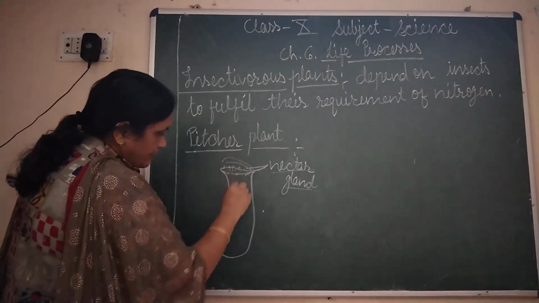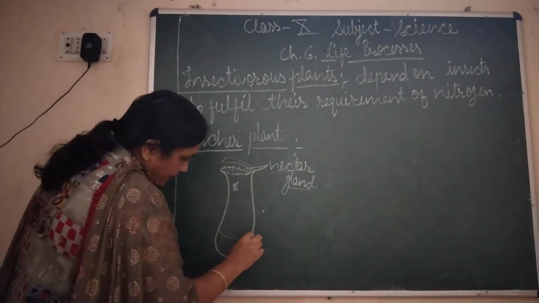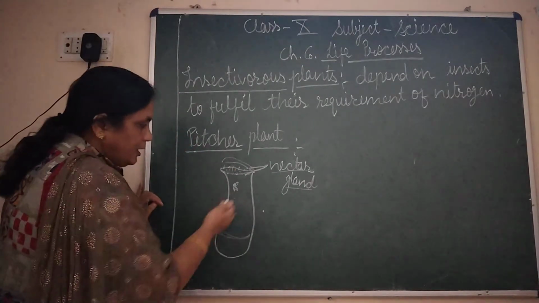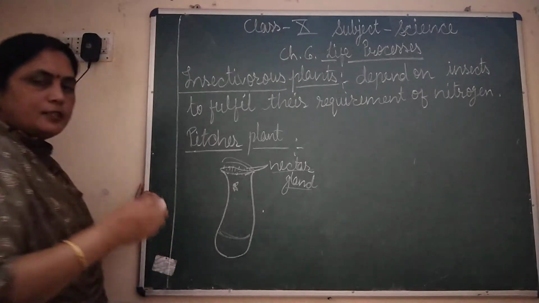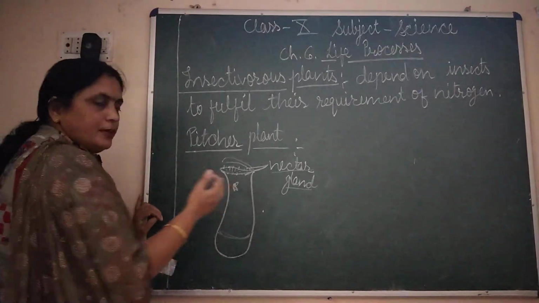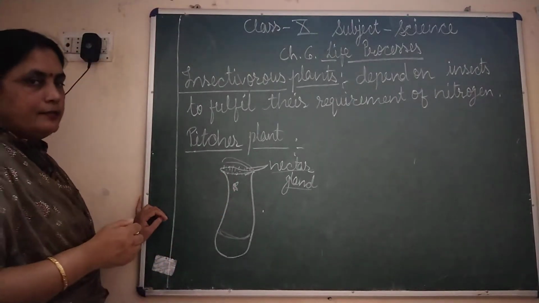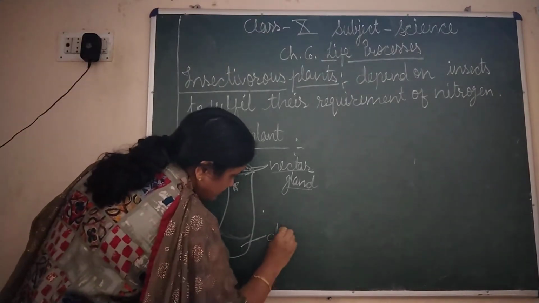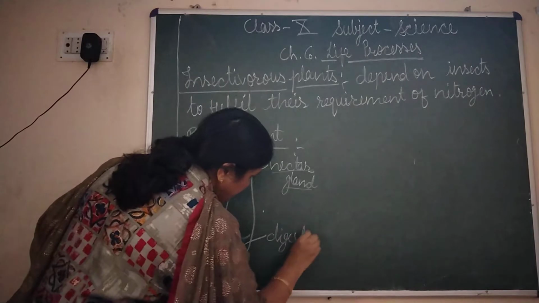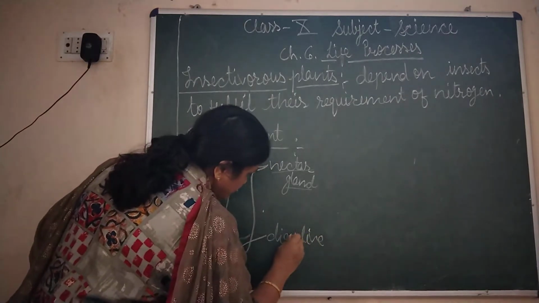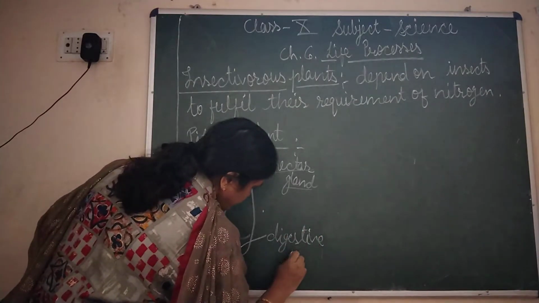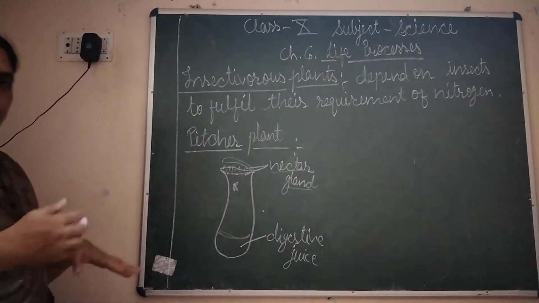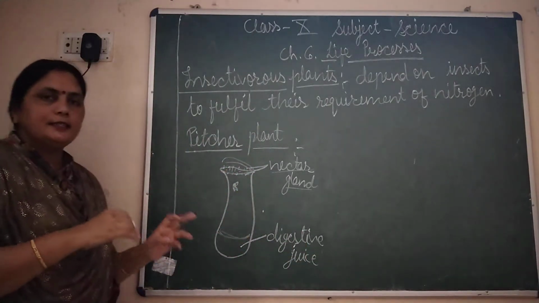Now the poor insect which has fallen in will fall down directly to the bottom because the walls are so slippery that it cannot get a grip on the walls and save itself. So it just falls inside, and inside there is digestive juice, and this digestive juice completely digests it,